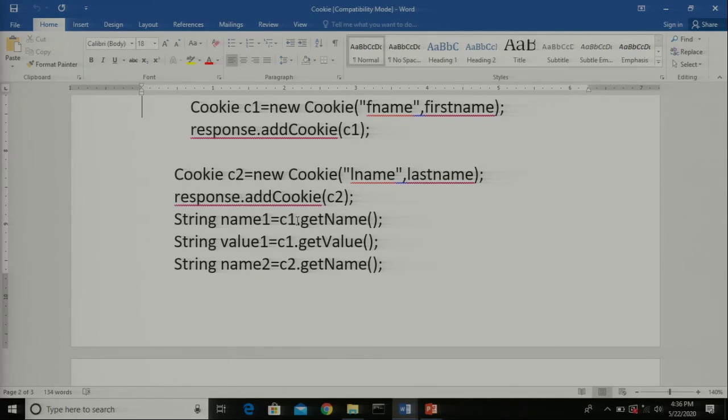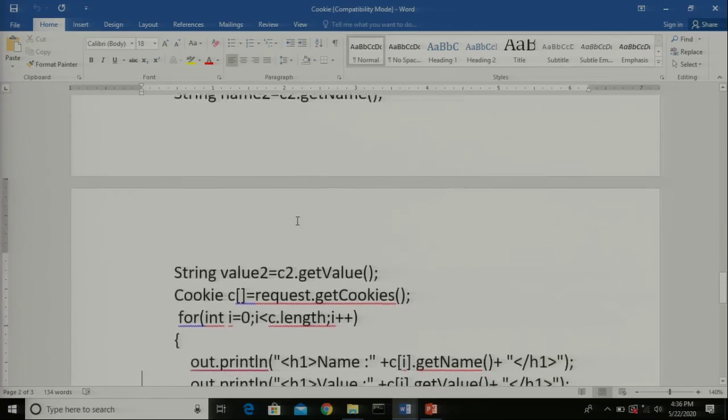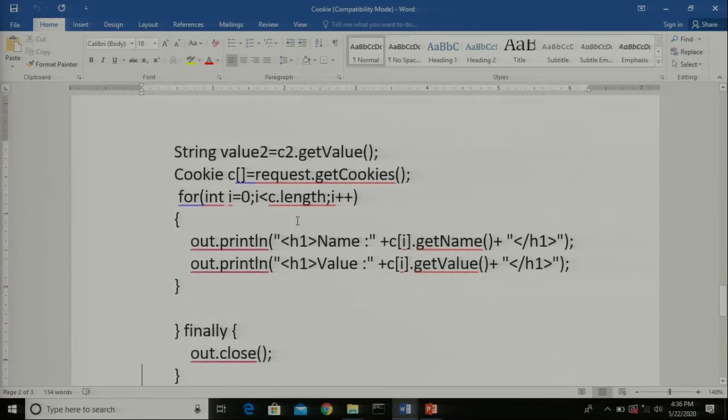Now I am getting the values, as you can observe. Using getName it returns the name, and getValue returns the value. C1 is for the first parameter and C2 is for the second parameter that we have set. Here, using the getCookies method, we are accessing all the parameters in one stretch.